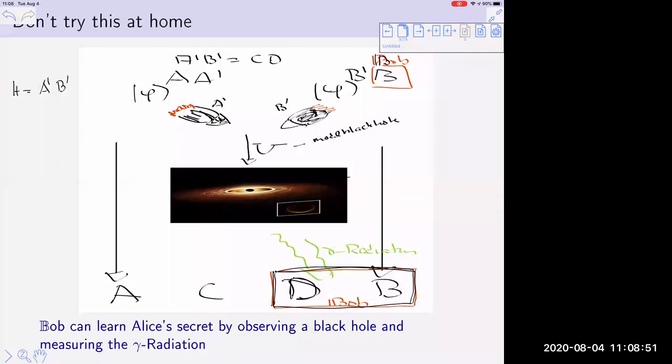By the way, he cannot detect the secret by just looking at the gamma radiation, and he cannot detect the secret just by looking at what he had before, because these things are spatially separated. So just by looking at Bob's parts alone, he has no idea what Alice had put in. Just by looking at the gamma radiation,